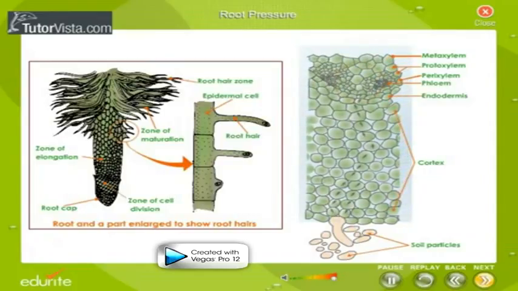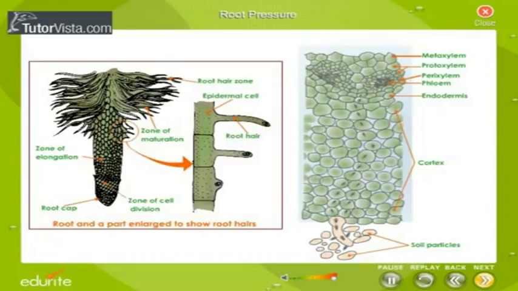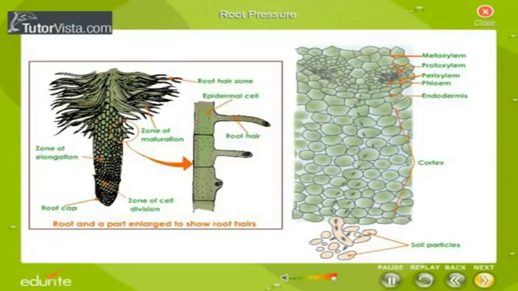Now the cortical cells become flaccid. They again absorb water and become turgid, and the same process continues. Thus, an intermittent pumping action goes on in the cortex of the root, and this gives rise to a considerable pressure. As a result of this pressure, the water is forced into the xylem vessels through the passage cells of